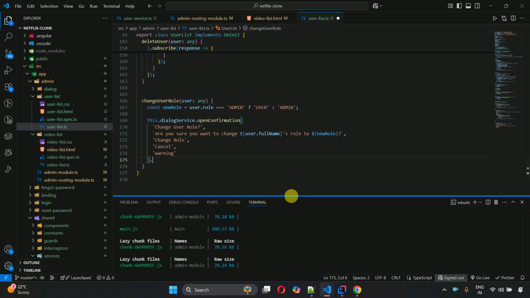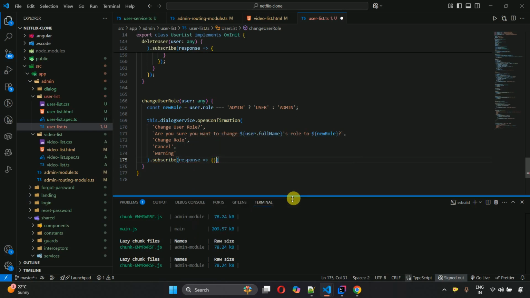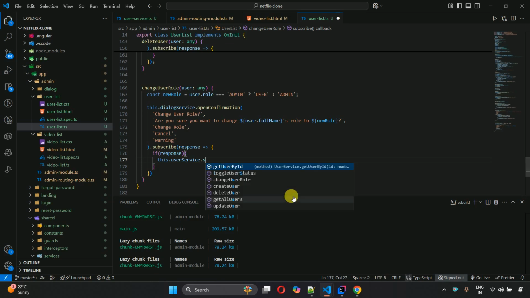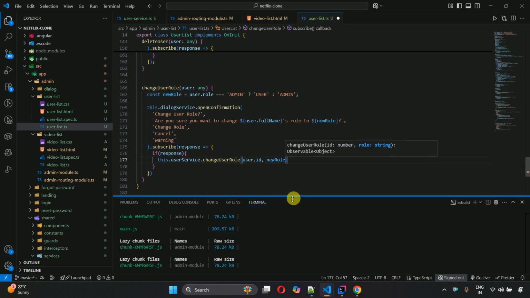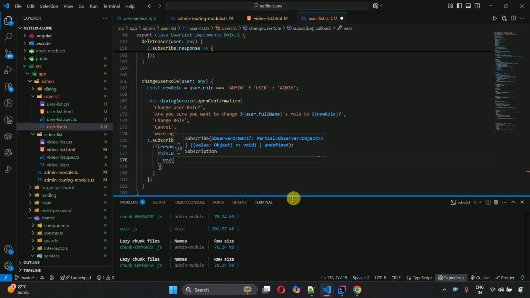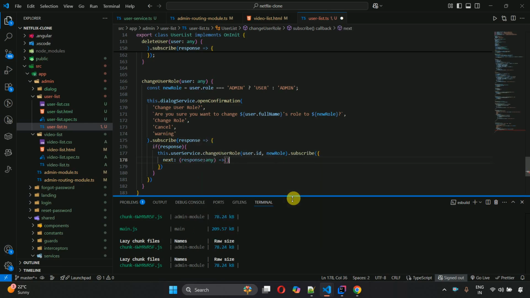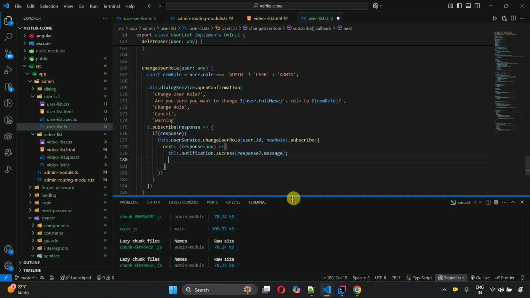Okay, so if we get the response, then we have to call the API, so response, and if response exists, in that case this dot user services dot change user role, and here we have to pass user dot id comma new role, and dot subscribe, and over here next, response of type any, and this dot notification dot success, then response question mark dot message, and this dot load users,